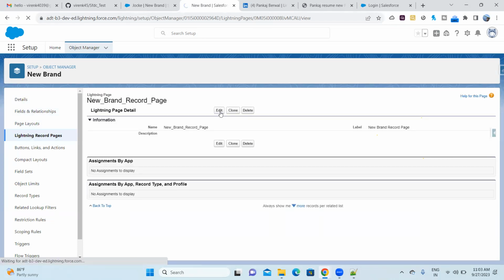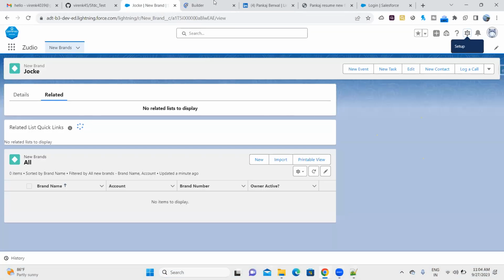You can click on edit. So the same thing will come from here, guys. You can see the Flexi page, the same thing, and you can update. So that is that, guys. Any other question, guys?